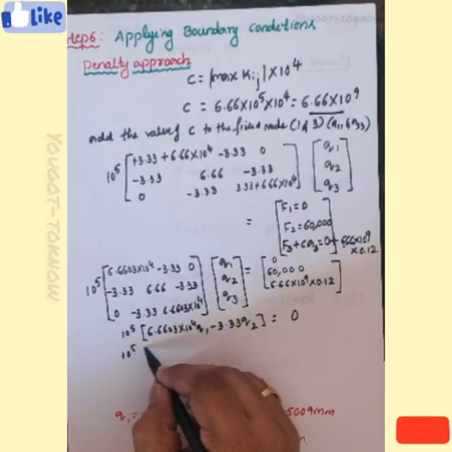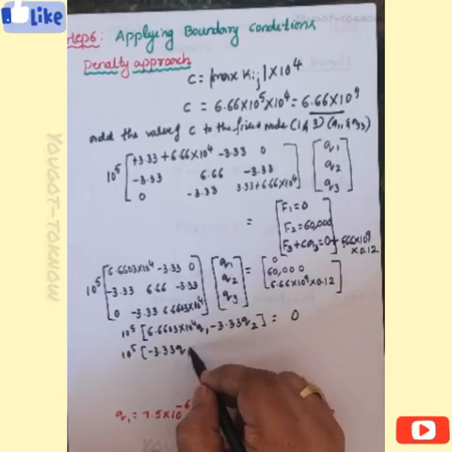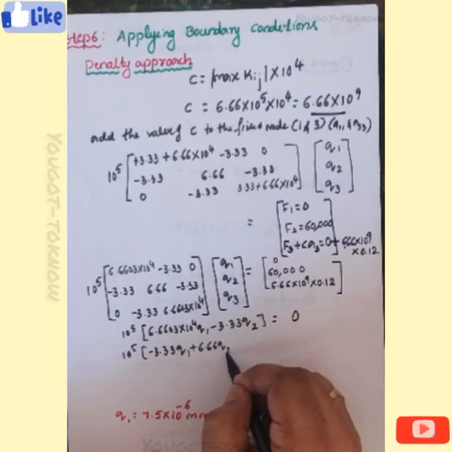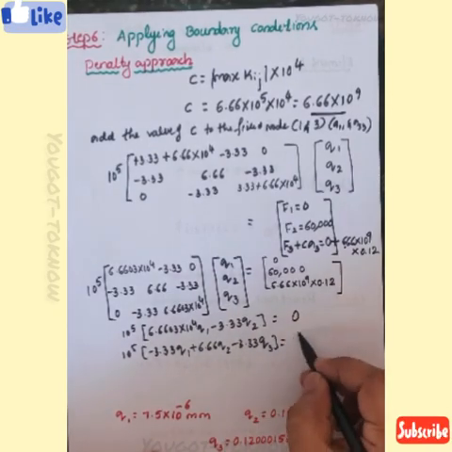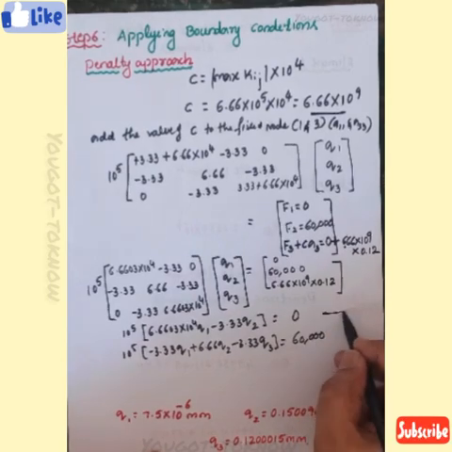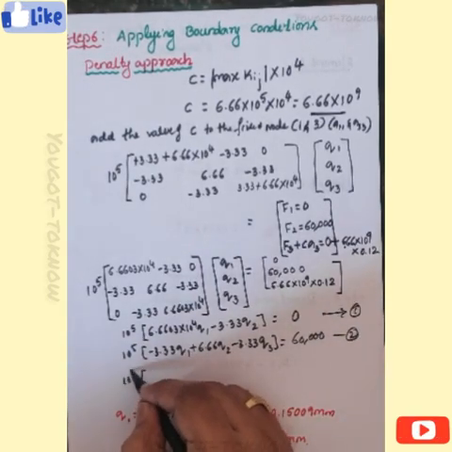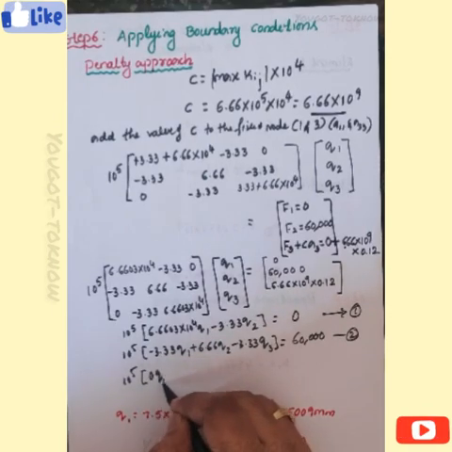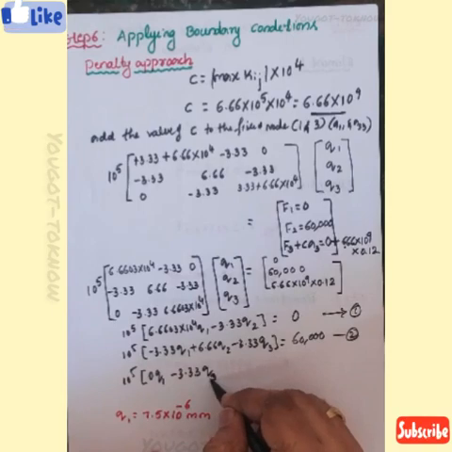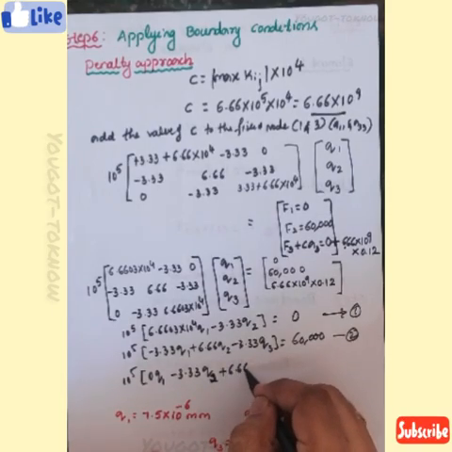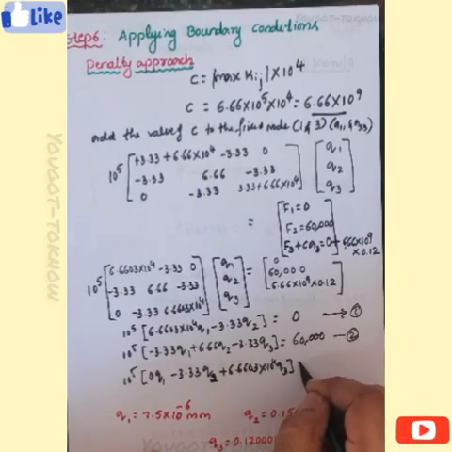Similarly, the second: minus 3.33 into Q1 plus 6.66 into Q2 minus 3.33 into Q3 is equal to 60,000. And the third equation: 0 into Q1 minus 3.33 into Q2 plus 6.6603 into 10 power 4 into Q3 is equal to